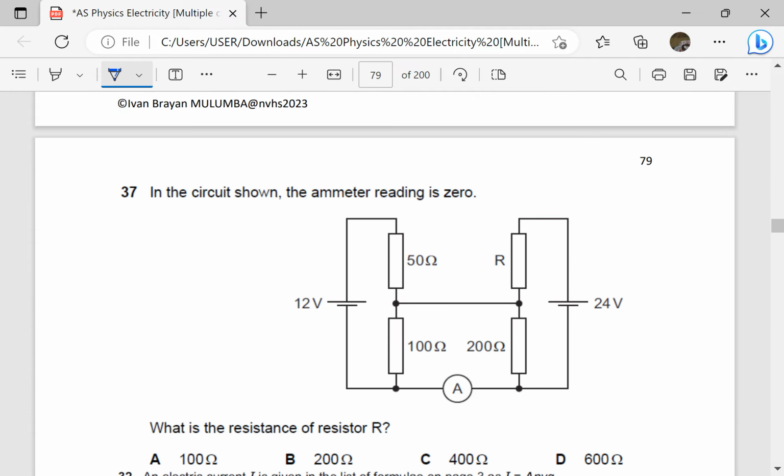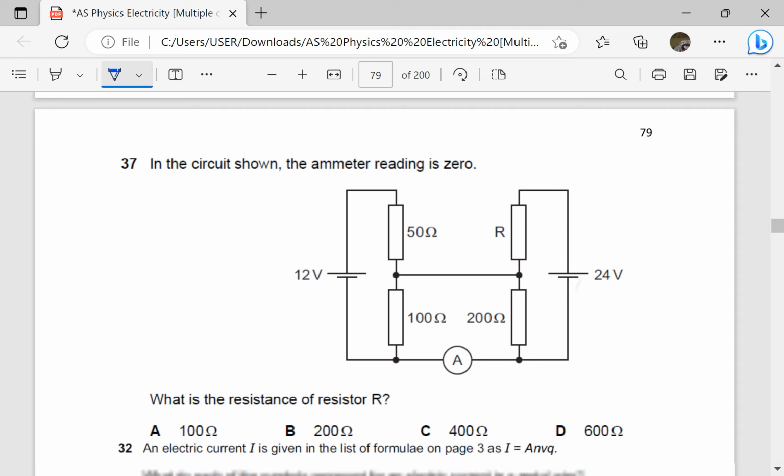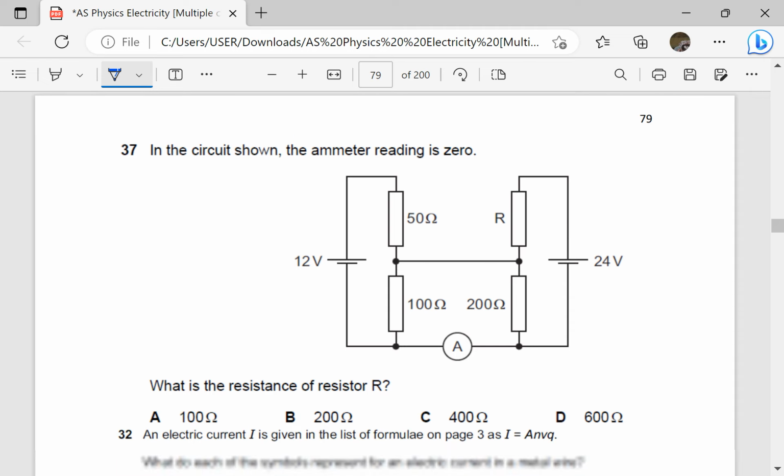In the circuit shown, the ammeter reading is 0. Of course, if the ammeter reading is 0, it means no current is flowing through the ammeter. There is balance. Of course, even here there is no current. So that means the potential difference across this is the same as the potential difference there. So let's first find the PD across